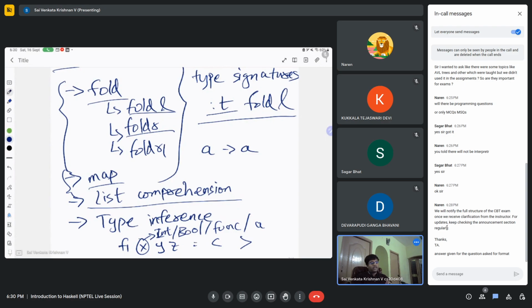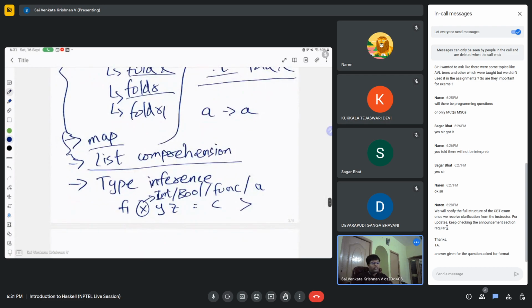Be prepared. You can go through any books. In the discussion forum, the TA had mentioned a couple of books in response to a question about external resources to study Haskell from. You can pick out any exercises with respect to type inference from those books